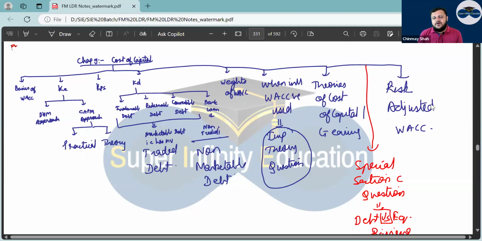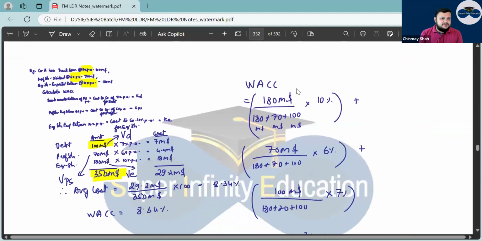Now questions have come up on theory, questions have come up on theory of cost of capital as well. Theory questions have come up on this existing WACC used for new project, and theory question has also come up for risk adjusted WACC, a bit of theory which is there at the start. So stay very vigilant, right? Even CAPM theory has come up. Section A theory MCQs have come up. Section B theory MCQs have come. Correct. So have a look.